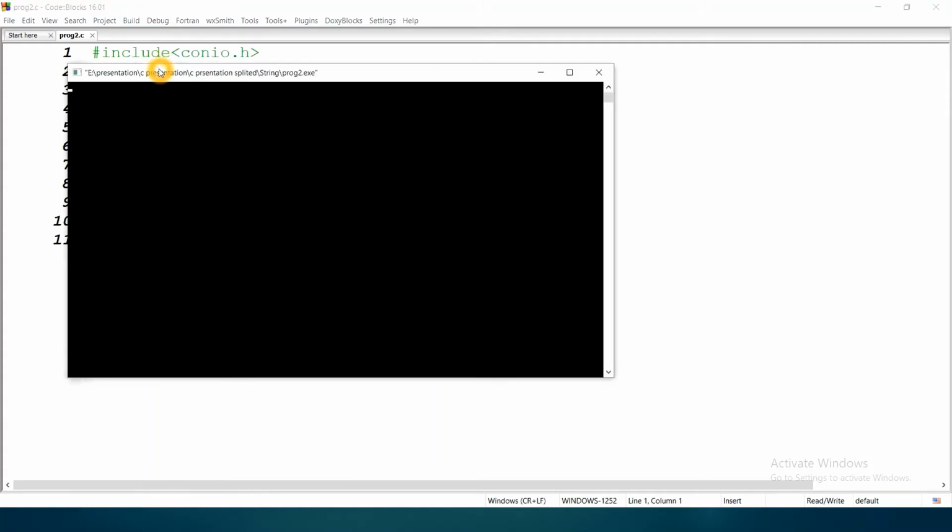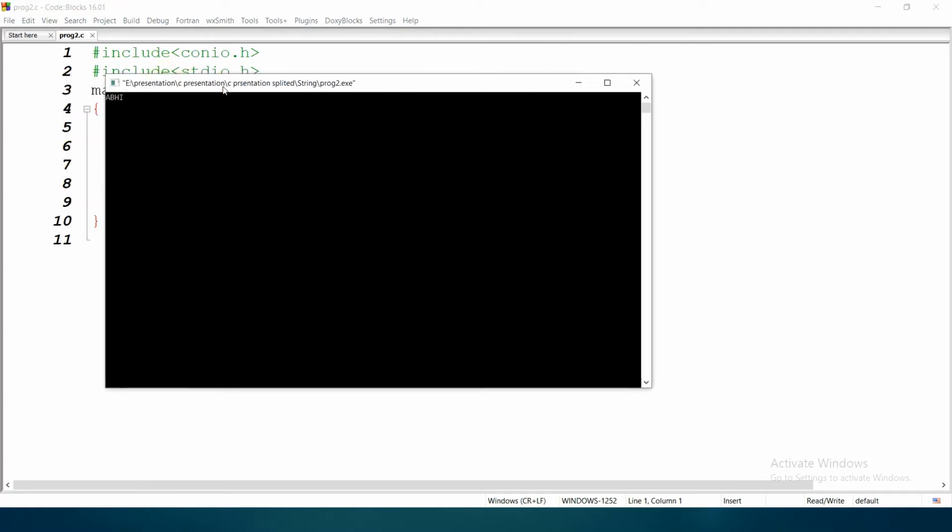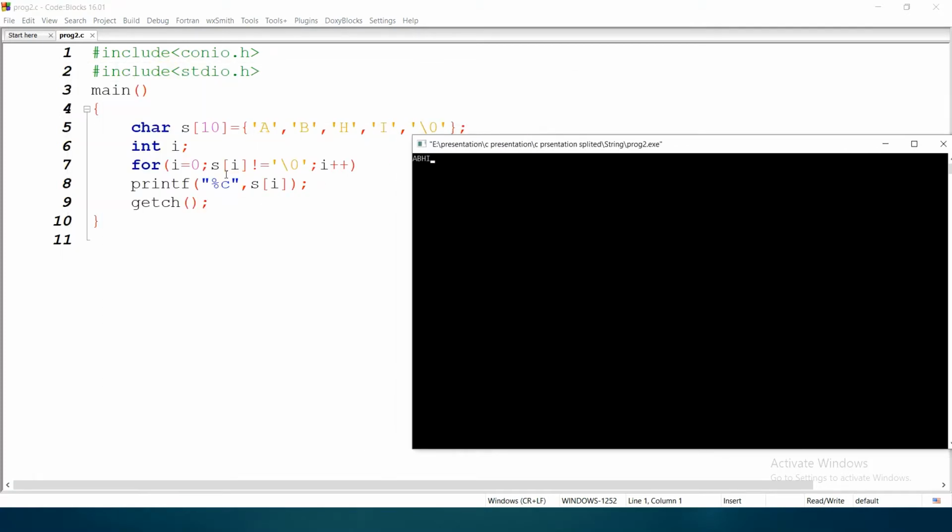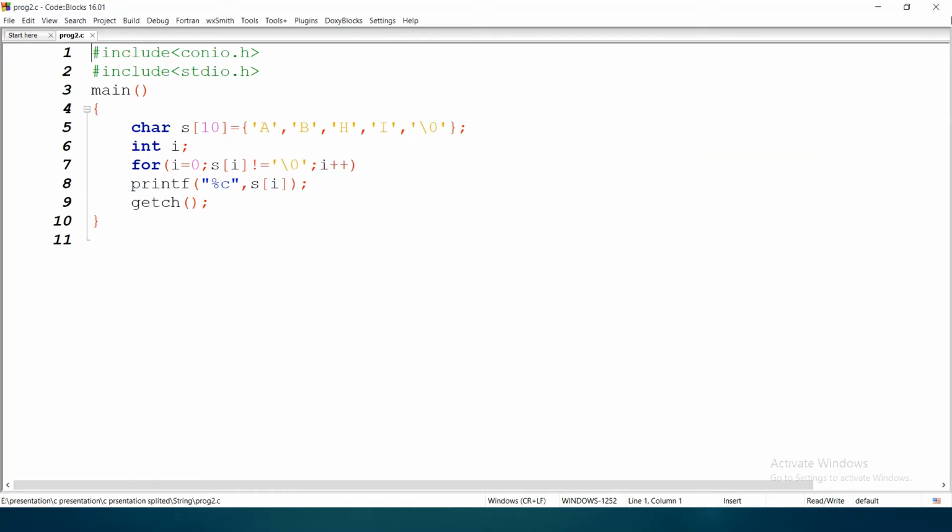So when we run the program, it becomes OV. So till the value s[i] not equals \0, you can print this character array, the string.